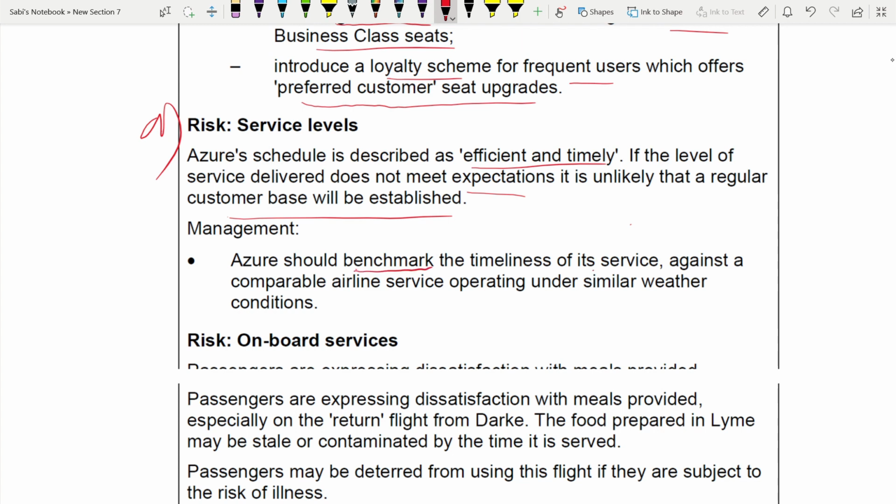Benchmark what should be your time of the service against what? Against comparable airline service operating under similar weather conditions as yours, because he might be operating in good weather conditions, you might be operating in bad weather conditions. Again, it's not a good way to do benchmarking. For benchmarking, most of the things have to be similar, even the weather that you are competing in. Understanding? Then we have number 10,